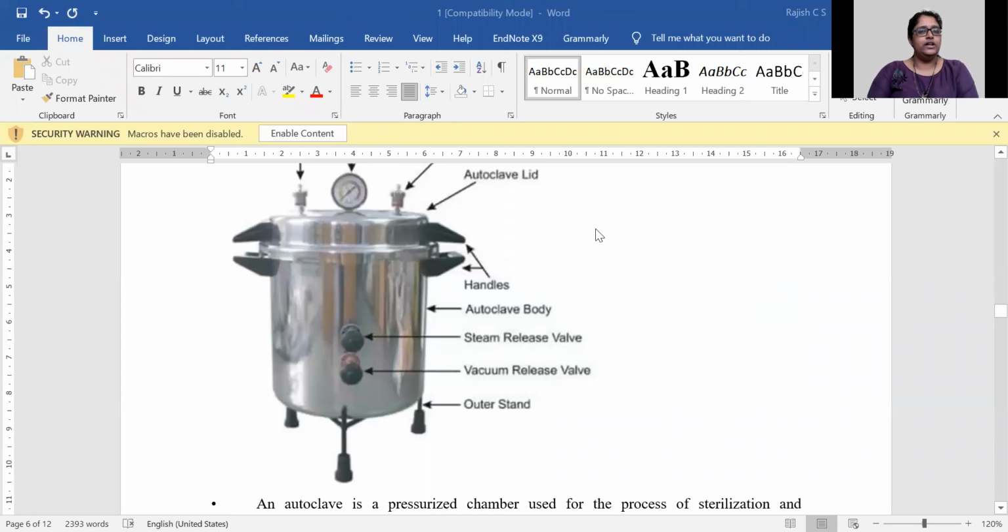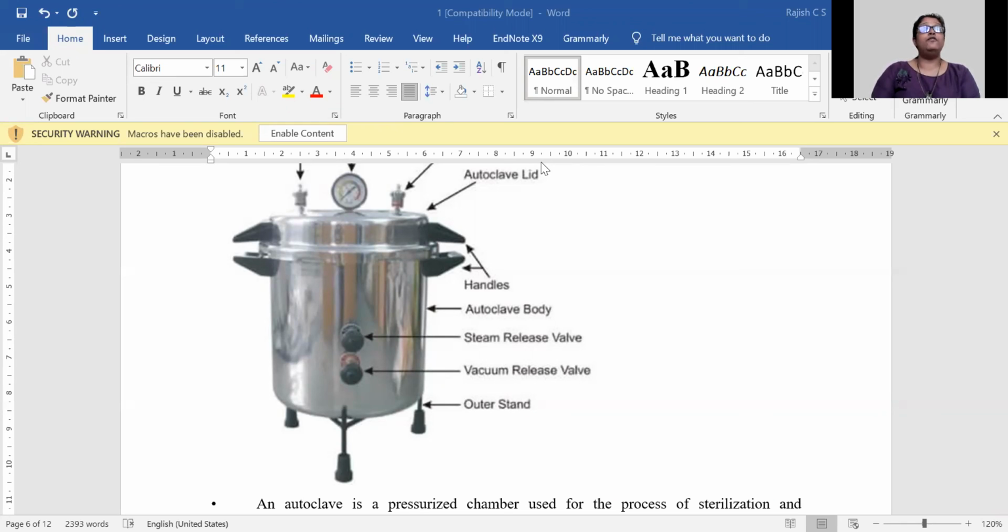If you want to see how the autoclave looks, this is an autoclave. An autoclave is essentially a glorified pressure cooker. You could even use a pressure cooker instead of an autoclave. Once it is boiling, it will reach around that 15 psi and 121 degrees Celsius. Once you have that, keep it for 15 to 20 minutes. So 20 minutes at 15 psi pressure and 121 degrees Celsius is the required working condition for autoclaving media.